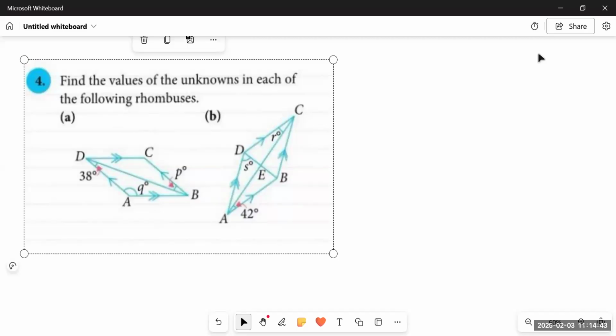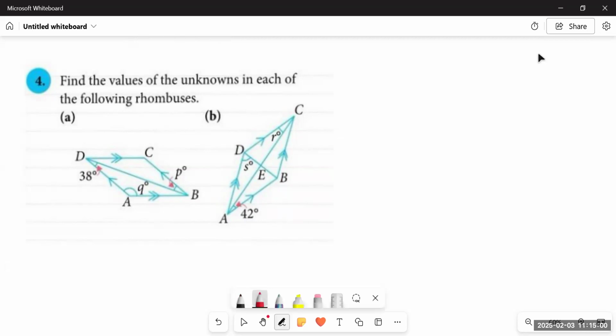Next, we have question number 4, in which we are provided with two different rhombuses. We have to deal with these two parts in this question. So first of all, let us discuss some of the properties of rhombuses. There are two pairs of parallel sides in a rhombus. What does it mean? It means the opposite sides are parallel to each other. As you can see, side AD is parallel to BC, and similarly, side AB is parallel to DC. Also, these opposite sides are equal to each other. Not just the opposite sides, all four sides in a rhombus are equal to each other, just like a square.